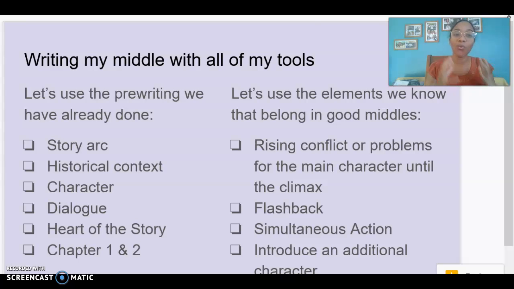Now I'm going to think about what makes a good middle. We need to see that rising conflict for the main character until the climax. It's got to get worse and worse. No solutions yet. I thought about using the tool of flashback, where in one moment we see some scenes from